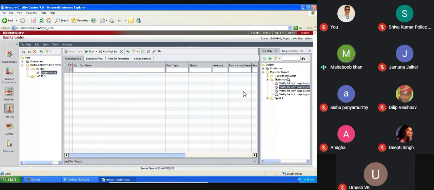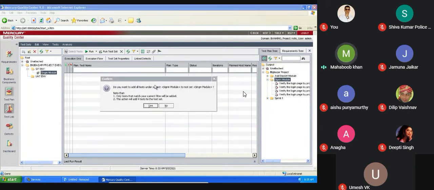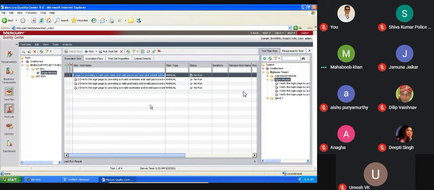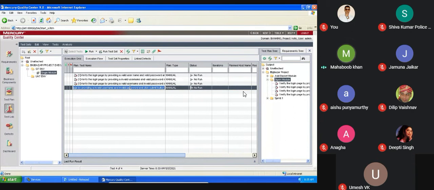Or if you want the whole module to be executed, drag and drop the whole module, or select the module and give the left arrow mark. Click onto the left arrow mark. It is telling there are 4 actions. You need to add all those test cases to the subject. Yes. The lines get added. Now it is cleared.